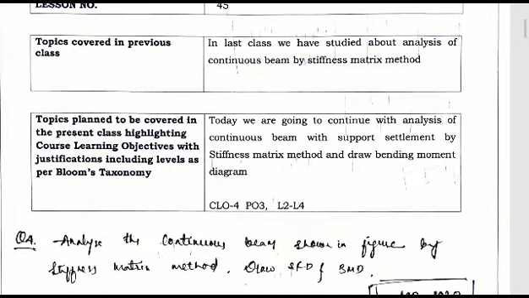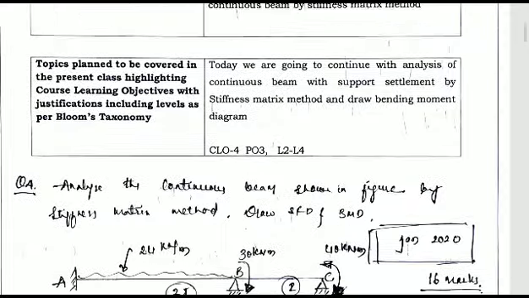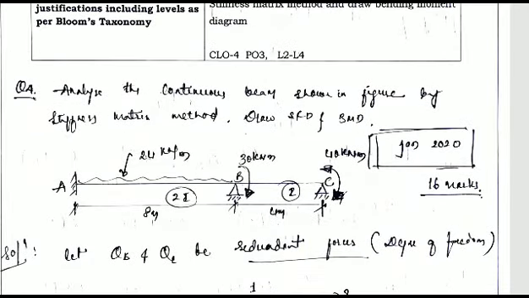Today we are going to analyze the same continuous beam without settlement in the supports, but this question was given in previous question papers, where after analysis we need to draw the shear force diagram as well as the bending moment diagram. So we are solving the question paper so that the students can feel that they can also analyze the question papers. So let us come to a question paper here.